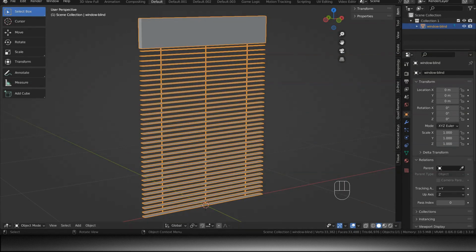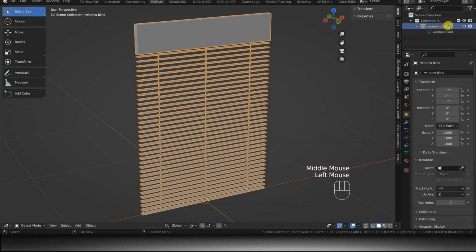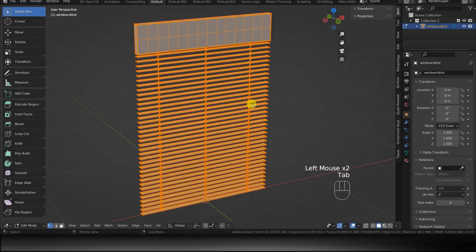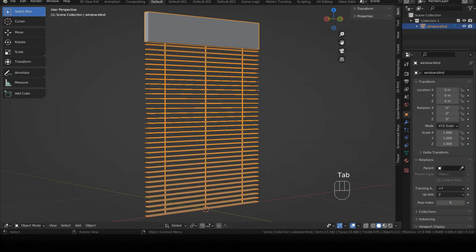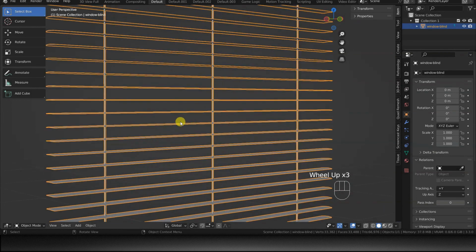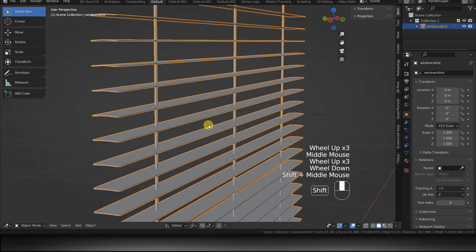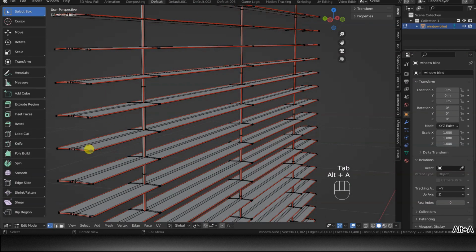Alright, let's get started. First, let's open the windowblind.blend file and take a look at its content. It contains a single object that includes both the structure and the individual slats of the blind. What we want to do is separate the individual slats so that we can rotate them individually, each around its own horizontal axis, which in this scene coincides with the global x-axis.